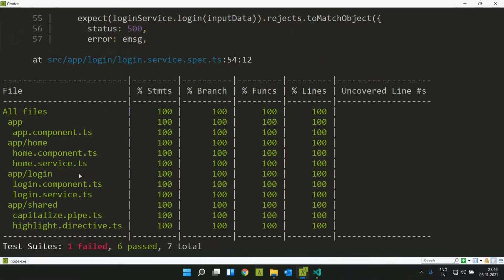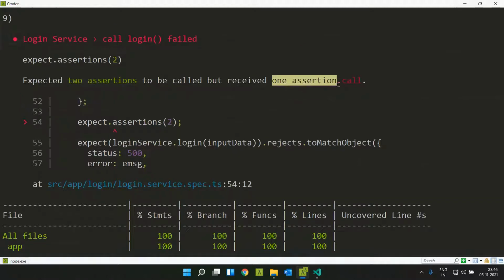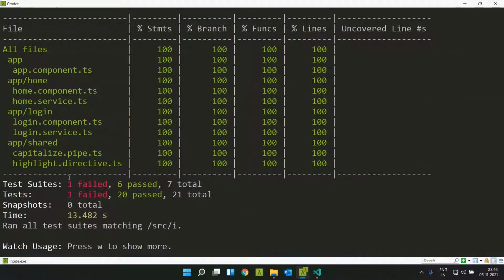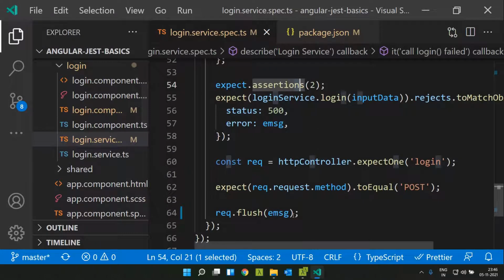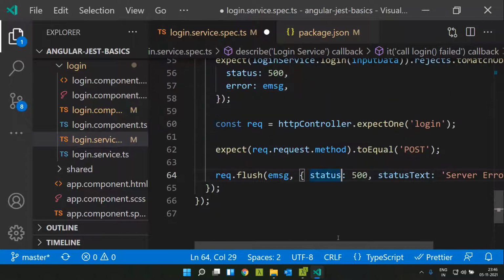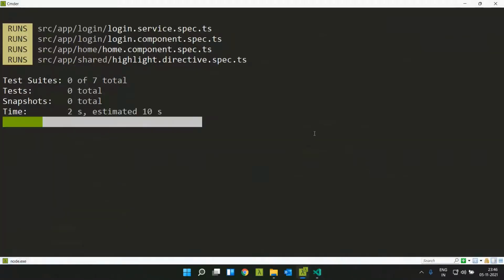Now you can see that it is saying we received only one assertion call, but we are expecting 2. Because of that, the assertion will fail and the test case will also fail. Now we can just revert the whole thing. In case I save this, automatically our test will be rerun and all the test cases will be successful.